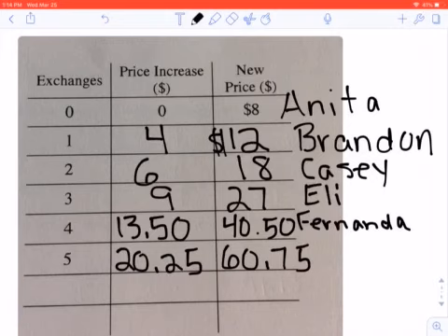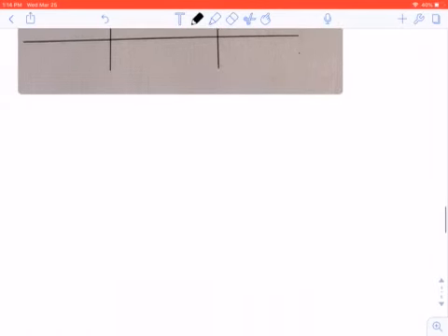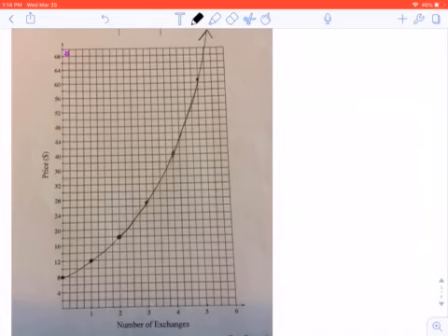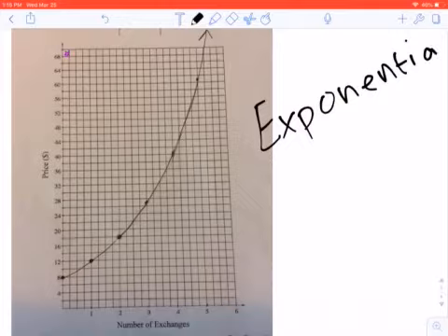So we could keep going to see how much it increased by, but you can see each time it didn't increase by a steady amount or a constant rate of change. So I'm hoping you're thinking that, well, this graph's not really going to make a straight line. No, it doesn't make a straight line. It's called an exponential function, and it makes this curved line. So this is called an exponential function, and it does not make a straight line. The first graph we did was a linear function because it made a straight line. This one is exponential. And those of you who had me last